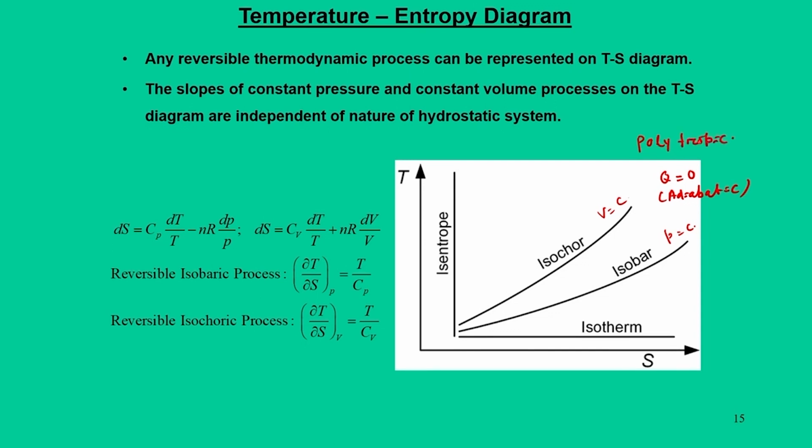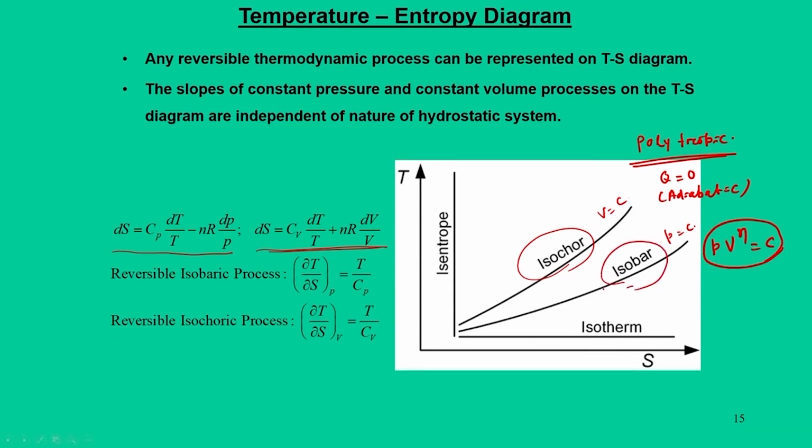All these processes can be talked about by giving the definition PV to the power n is equal to constant. So, this part I have already mentioned, based on the exponent n, this path can be specified. But one more important thing is that if you recall our expressions of entropy in terms of Cp and in terms of Cv, specifically for isochoric process and isobaric process, one important consequence it gives is that for an